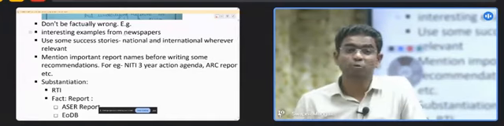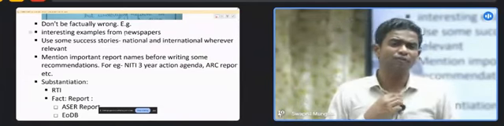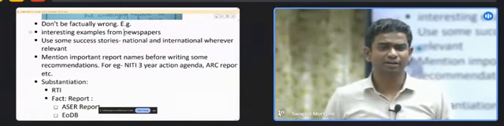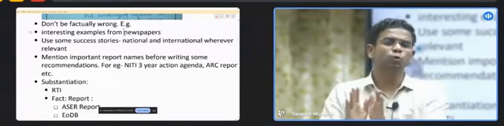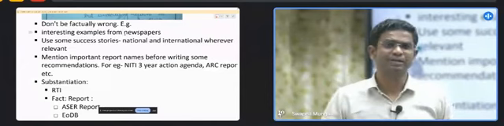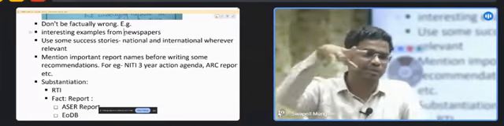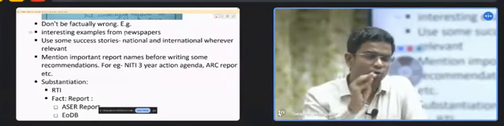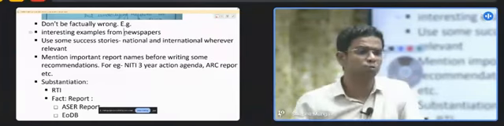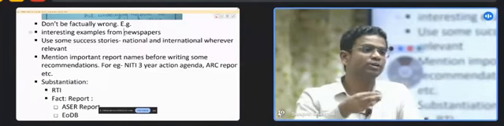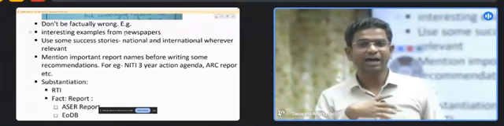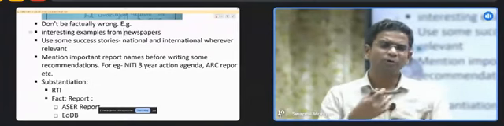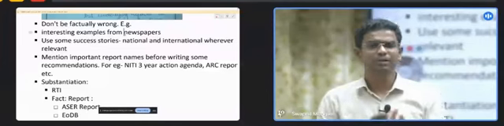Interesting examples from newspapers, try to include those as much as possible because of the fact that what has happened over the years is that there has been too much content of various kinds available, notes that are available, and there are a specific few notes that students end up studying from for mains, for prelims, etc. For mains, what happens is that if in a given classroom there are 60 students who are writing the actual mains examination, there would be at least 40 to 50 students who have referred to similar material, similar notes for all those different topics. And that's why their points are going to be of a repetitive nature. And when I, as an evaluator, am going to check those particular copies, I am going to get bored by those particular points. It is a natural human tendency.